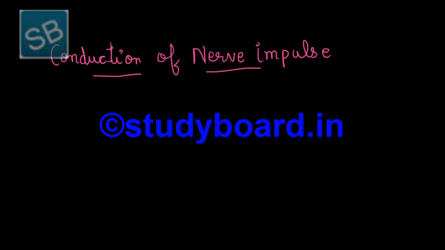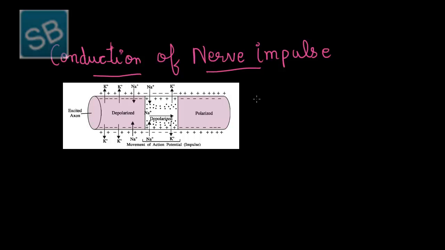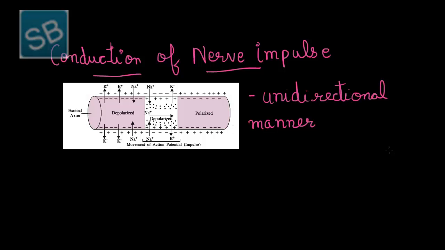Now the second step after the initiation of nerve impulse is the conduction of nerve impulse. As it can be seen from the figure, the conduction of nerve impulse takes place in a unidirectional manner. As said earlier, the nerve impulse formation takes place initially in the repolarized state, which then gradually moves towards depolarization, and due to short time period, then again becomes repolarized. Thus, this process becomes self-induced